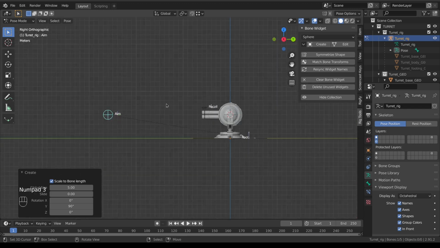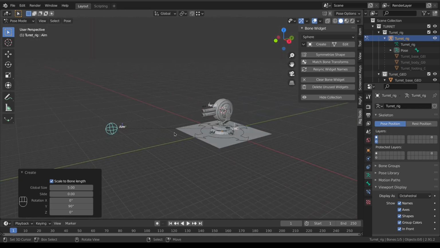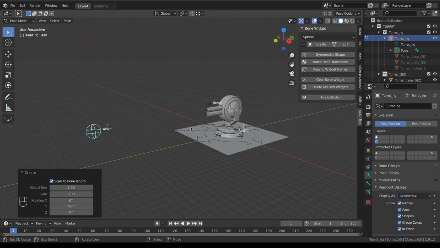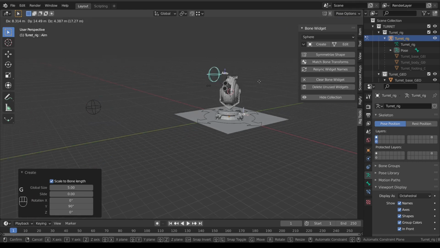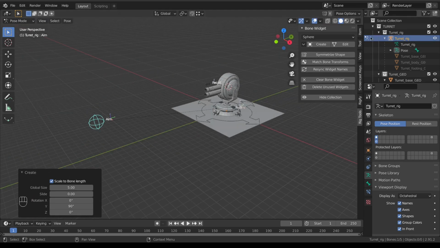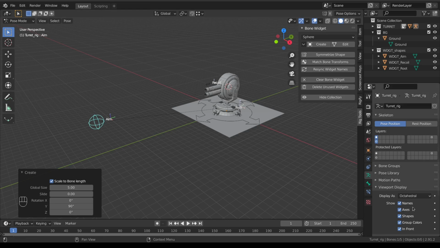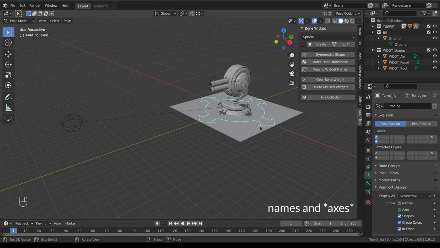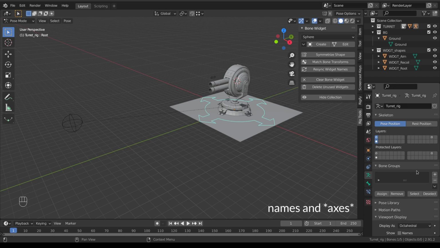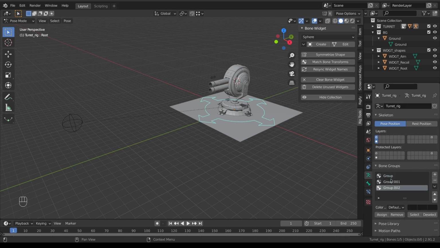So that's looking good. Let me just check this control. Yep, still works. All right, so let's do a little bit of tidy up here. I'm going to turn off my names and my layers, and let's give these some groups. So bone groups, I'm going to use 3 groups just to get 3 colors. Let's go red,